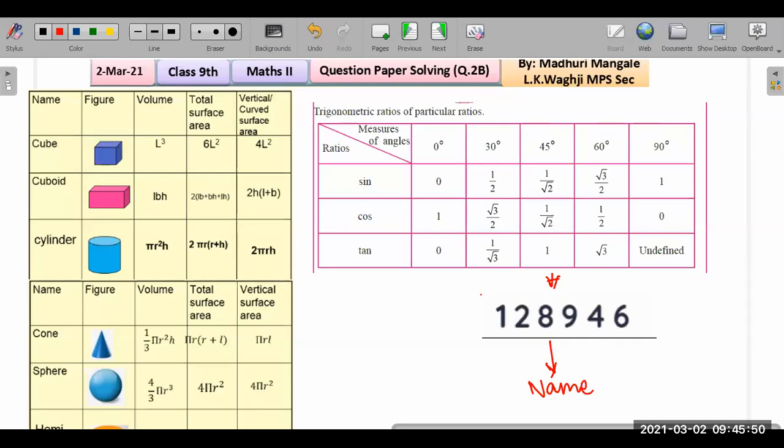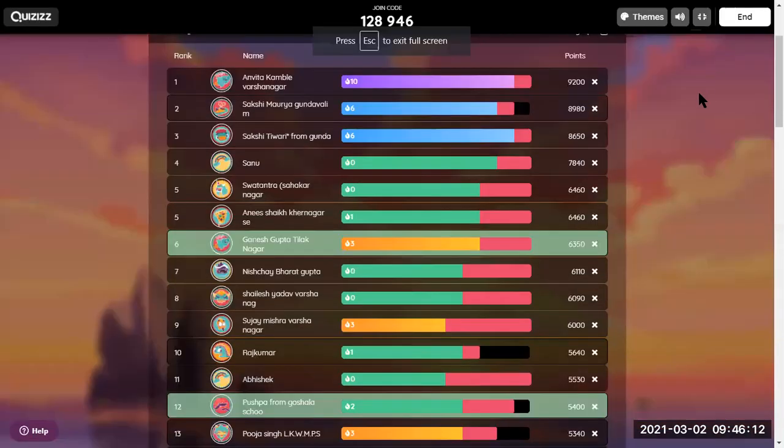She has got 9 right. Okay, well done. And you are among the top 10. Pooja Singh, remaining 3 questions. Try to get them right. Swatatra, please try to get the remaining one right. Okay, and another 30 seconds and we will stop. Let's look at the leaderboard. One can take a look at it.